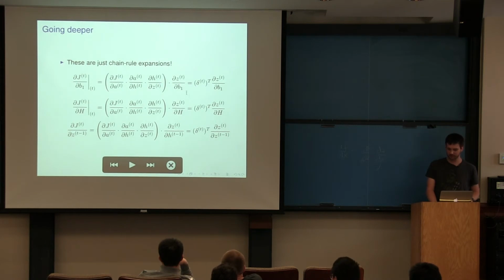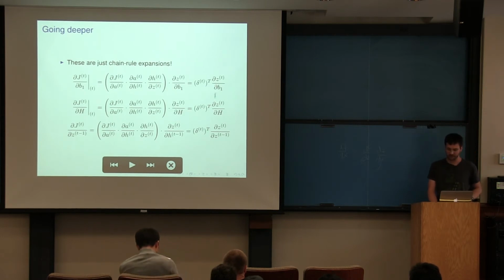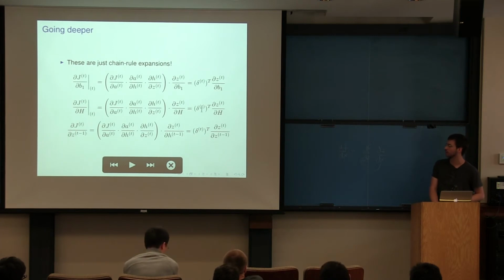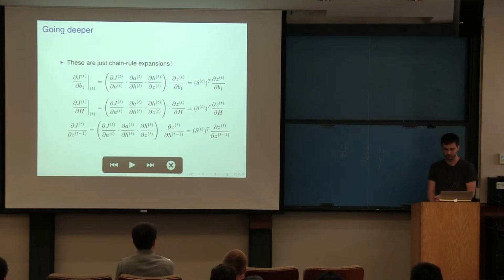So if you do it this way, then you get a common form for all the gradients at each layer. You have the delta input to the layer, times the derivative with respect to the bias, and here's the derivative with respect to the matrix. Again, you want to use the outer product shortcut here, but you use the same delta that feeds into that. And then if we want to go back in time, we need to go one step back to the previous hidden layer, so we can look at the input to that hidden layer, take the derivative here, and again, it has the same prefix, so we feed in delta.